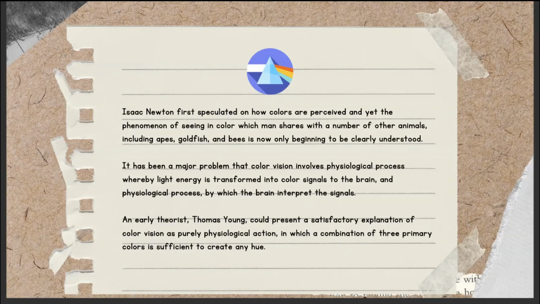It's a situation, an event perceived by the senses. Now, when you say phenomenon, indeed, we use our senses here. The sense of sight. It has been a major problem that color vision involves a physiological process whereby light energy is transferred into color signals to the brain, and a physiological process by which the brain interprets the signals. That's the meaning of physiological